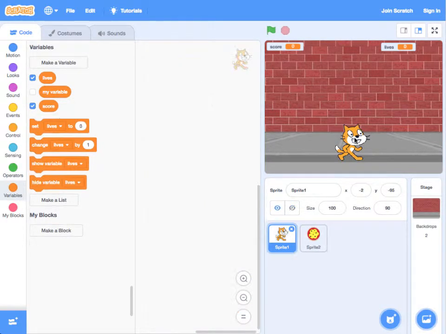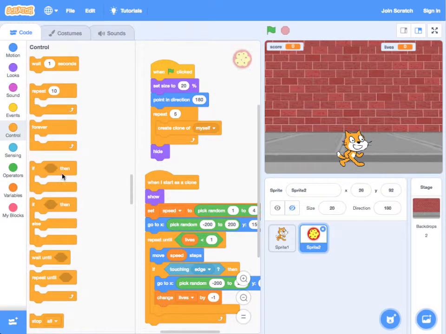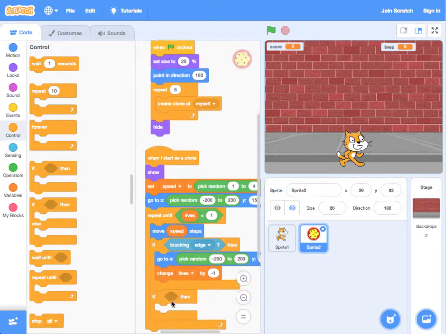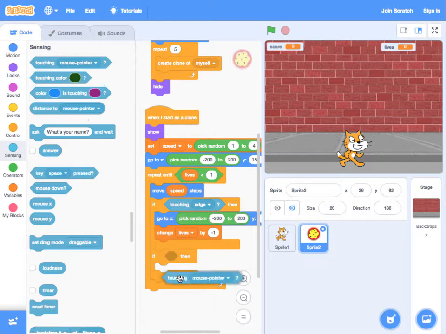So next thing to do is think about what happens if it gets caught by this cat. I'm just going to drag the cat down here just so we can see a bit more what's going on. Click back on the pizza, and I'm just going to drag another if block in here, and I'm going to say if it's touching the cat. We've already dealt with it touching the edge, so I'm going to say if touching